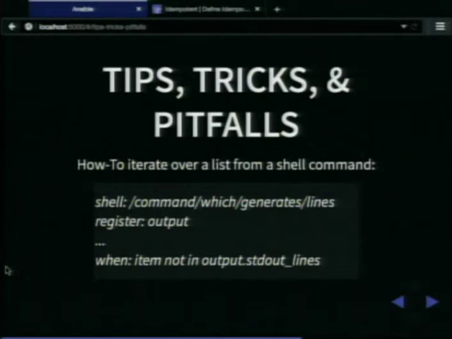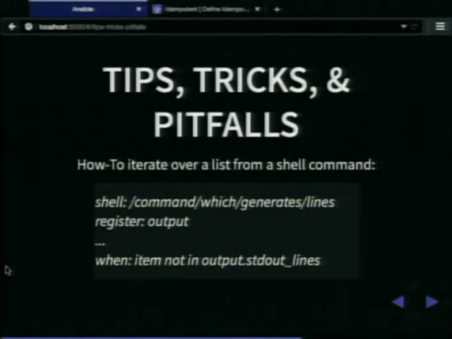Yeah, demo fail. How to iterate over a list from a shell command. This doesn't sound that useful, but it is. If you have a command on the machine, this one's kind of specific to a Linux machine, notice the slashes, you can take the output of that command in the form of lines and register it as a variable to use later on.